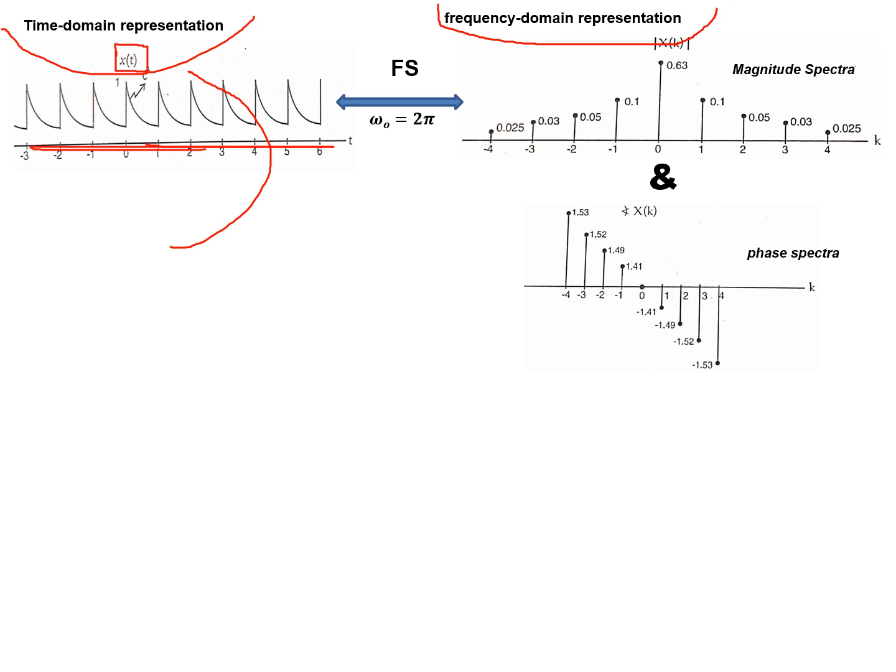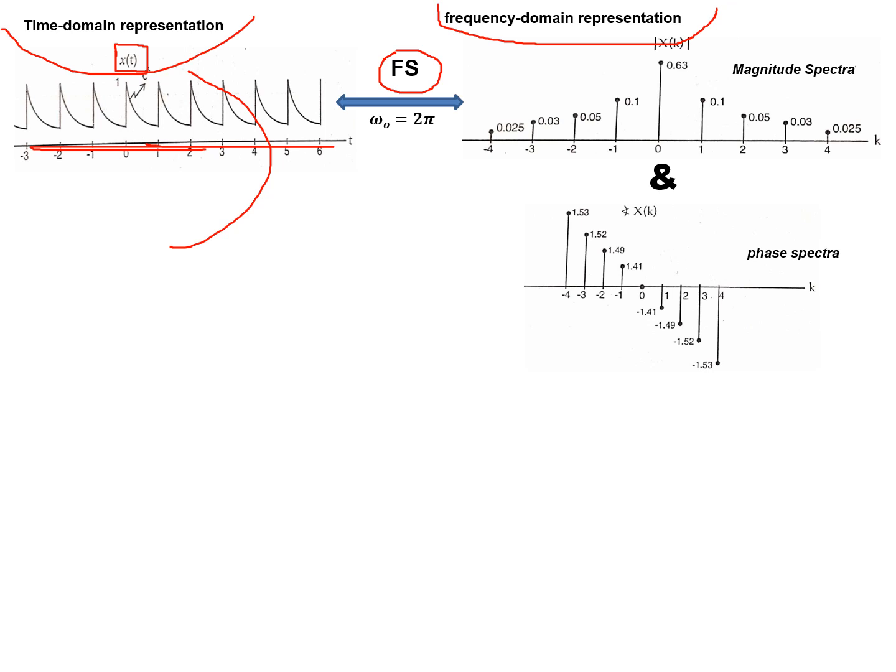periodic. If it is continuous time non-periodic, you should have used Fourier transform formula. That is, the tool for converting a non-periodic continuous time signal is the continuous time Fourier transform, or CFT. Now if the signal were periodic but sampled, that is the signal is discrete and periodic, then you should have used continuous time Fourier series. Sorry, discrete time Fourier series. If the time domain signal is periodic and discrete, then you should use discrete time Fourier series.